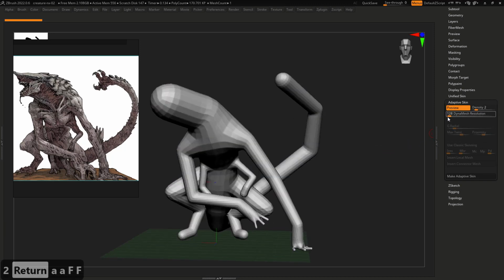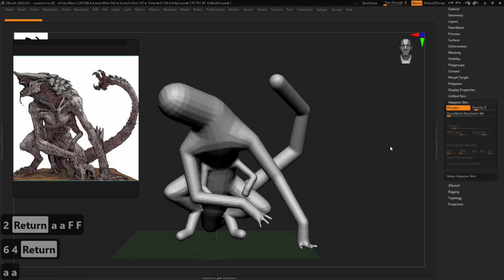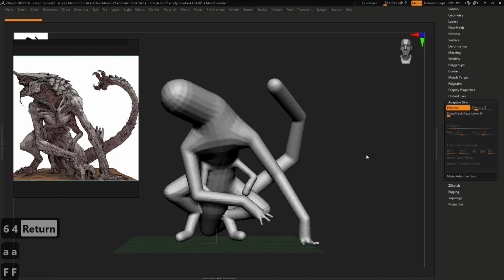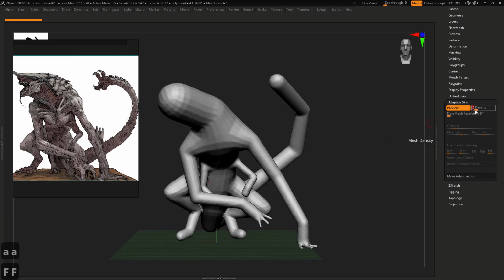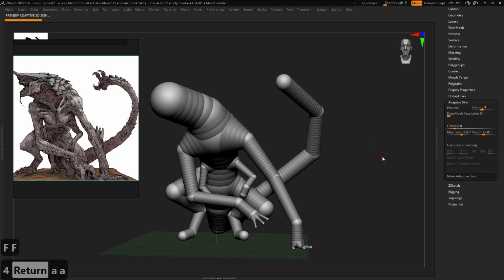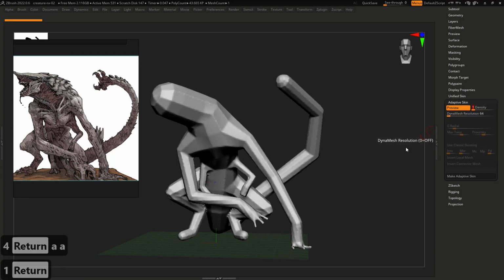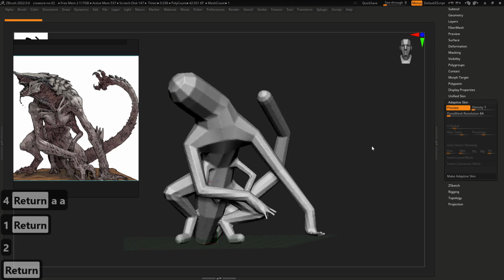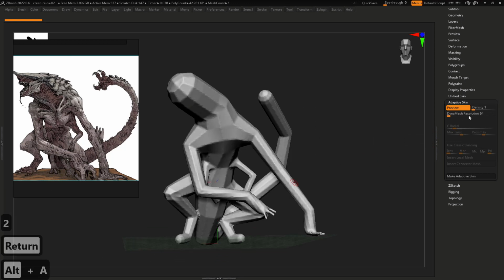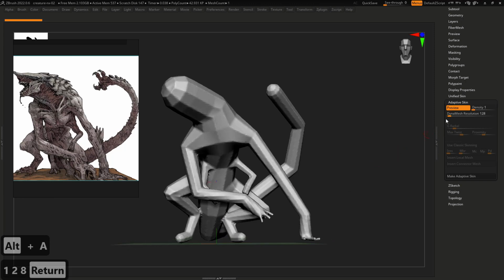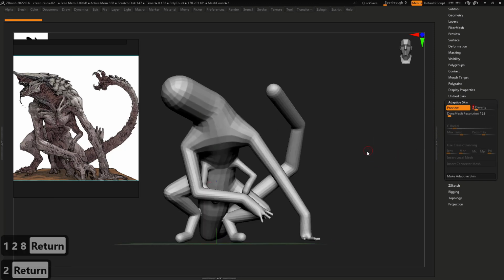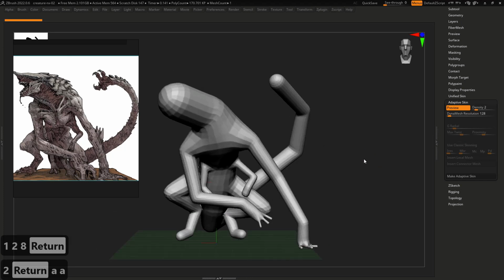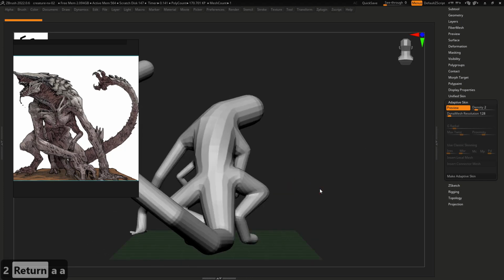And here we can keep 64, let me check. And density 4, let me see. No, 1. Can be 2. But this part is not good, so let me put 128. Density 2. Yeah, so basically what I'm gonna do